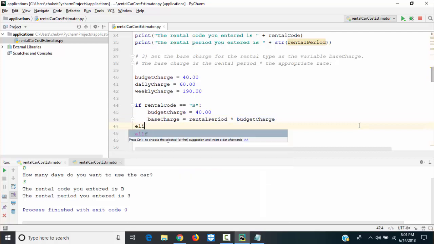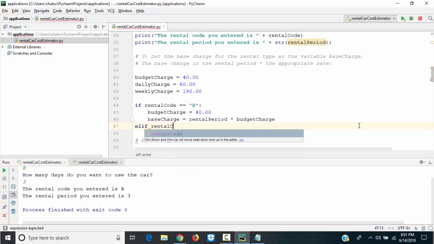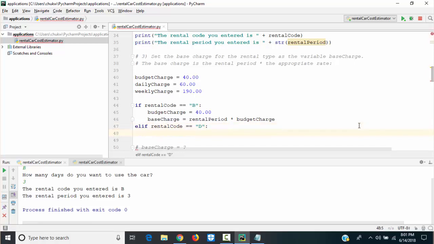Else if the rental code equal daily, the budget charge will be $60, 60.00. I am not putting the $ sign now, and I know why, because we are going to use this to multiply. If you put in the $ sign now, it messes it up when we start multiplying.